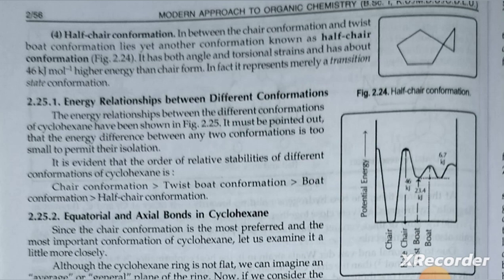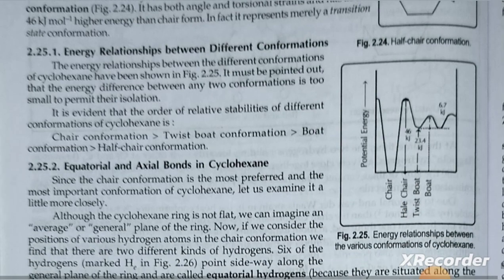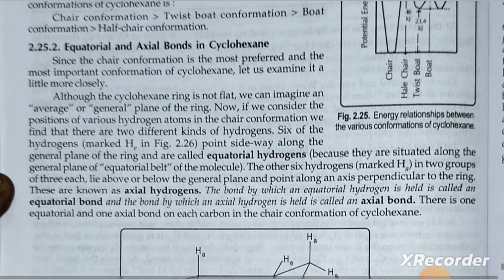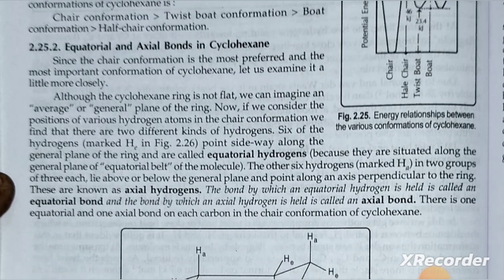Equatorial and axial bonds in cyclohexane. Since the chair conformation is the most preferred and the most important conformation of cyclohexane, let us examine it a little more closely. Although the cyclohexane ring is not flat, we can imagine an average or general plane of the ring. Now if we consider the position of various hydrogen atoms in the chair conformation, we find that there are two different kinds of hydrogen. Six of the hydrogens, marked He in figure 2.26, point sideways along the general plane of the ring